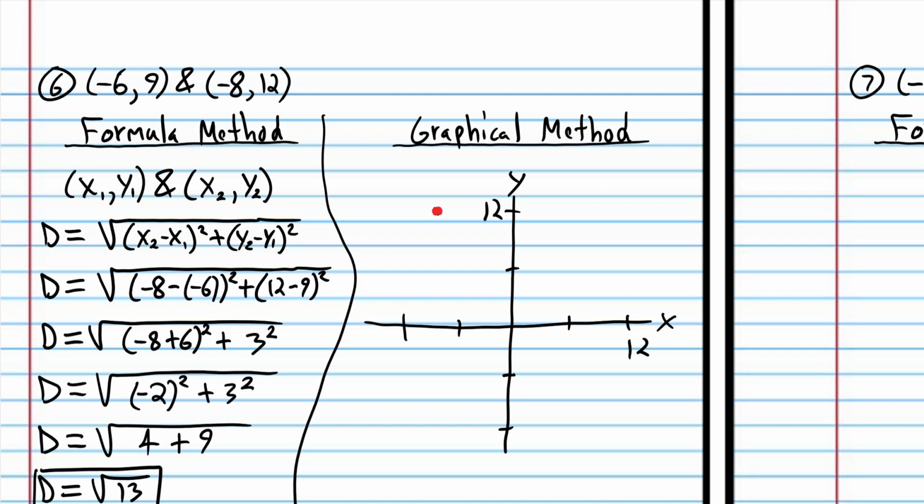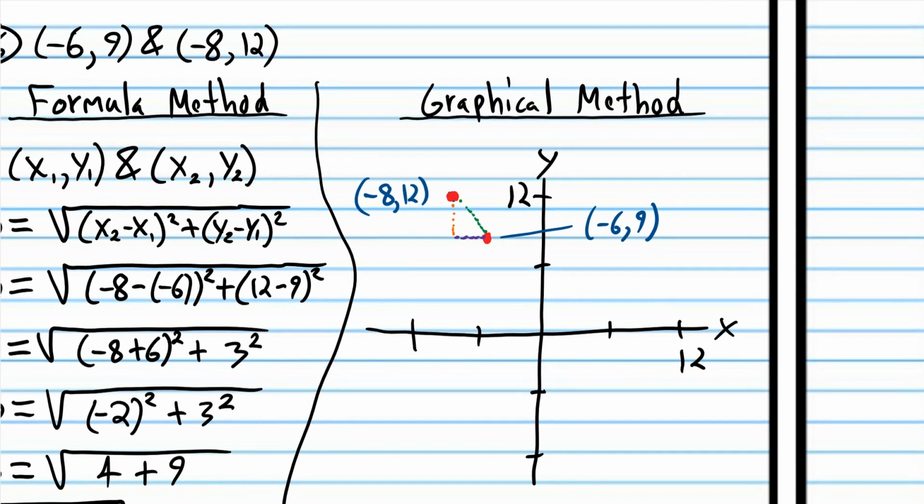And we have -6, 9, which would be about here. Again, it doesn't have to be perfectly accurate. So -8, 12. And this is -6, 9. So now we just drop the vertical, and then we do a horizontal. You can see we have a right triangle. It's kind of a small right triangle, but